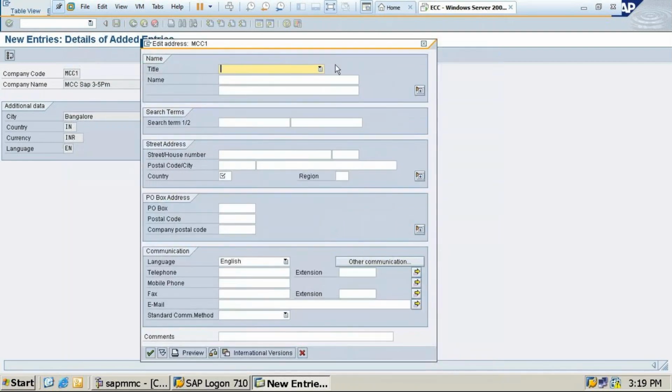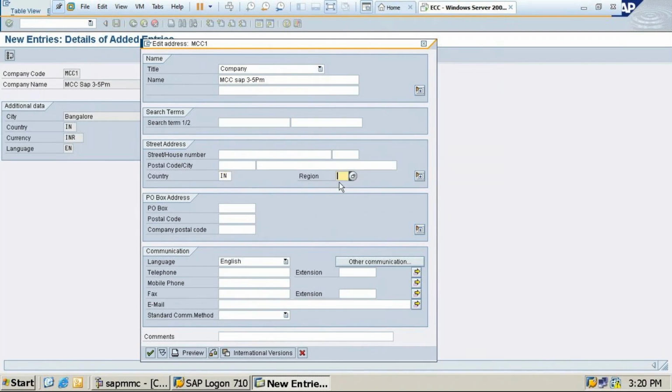What type of company is this? Whether it is Mr., Miss, Doctor or company. This is company. The title you don't need to type. It is already there. You just select company. Name of the company. So your full address you will be giving, but for real time you should give all the further information. So here what I do, I don't give everything, I'll just give the mandatory ones: country, region.